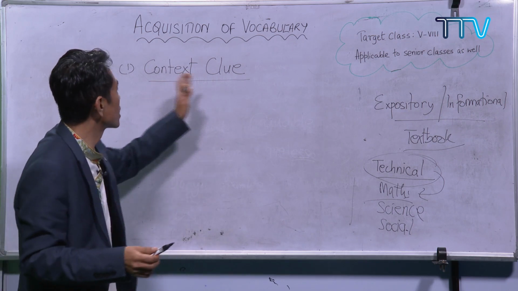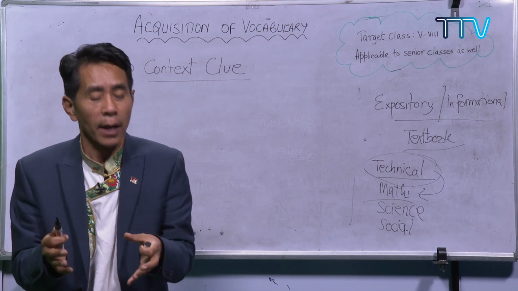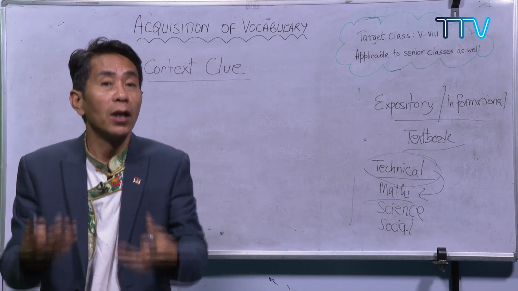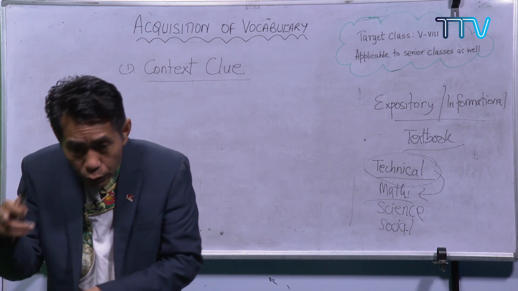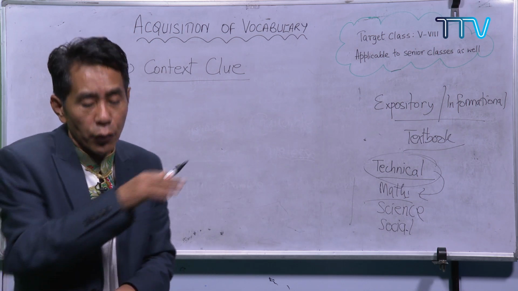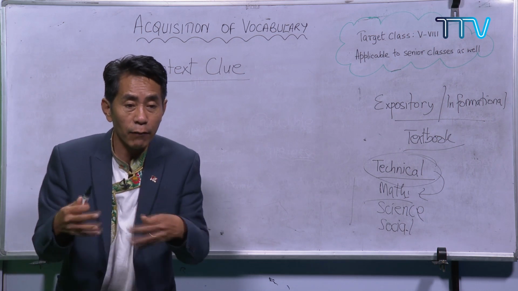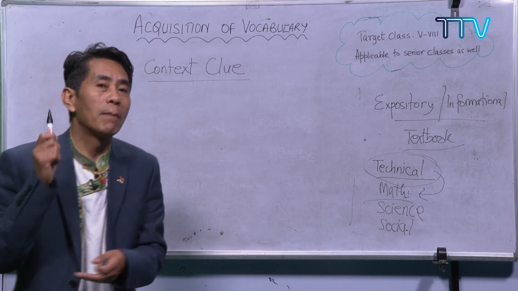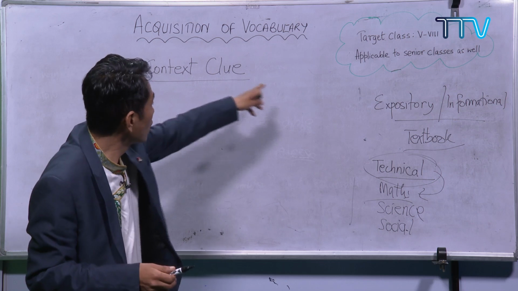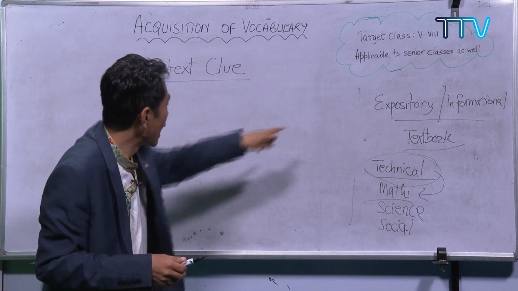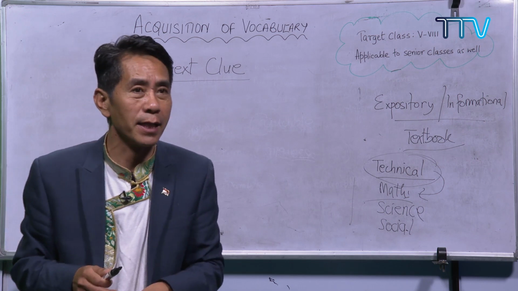So what is a context clue? Whenever we have some new words, the writers have given us some clue or hint. In order to get the meaning of that word, you have to read all the words, or read the sentence. As has already been said, if you want to improve your vocabulary, one best thing is to keep on reading. When you read all the words that move around that unfamiliar word, then you will get some idea.